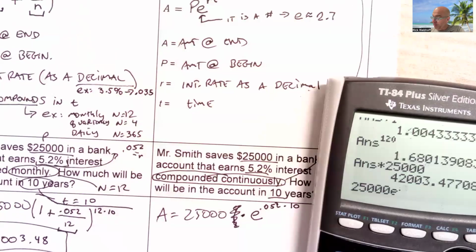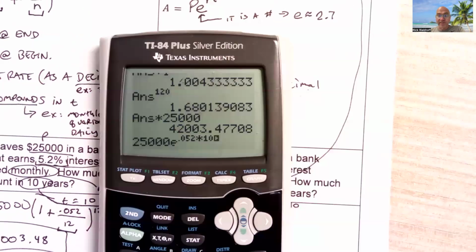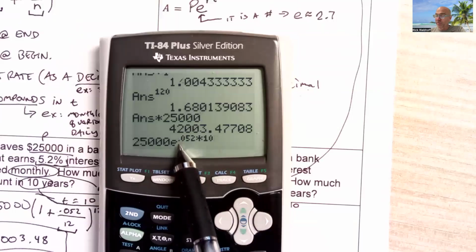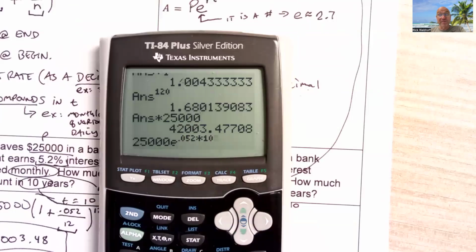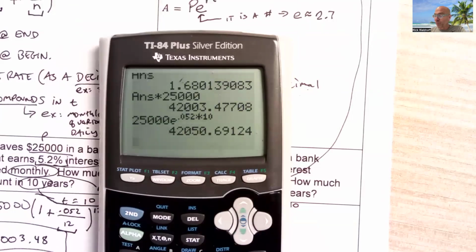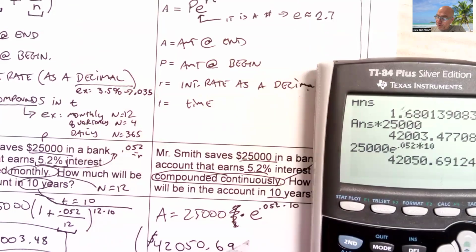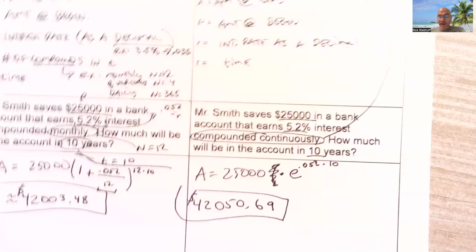It's going to be 0.052 times 10. Notice that's all up there. If this was an old calculator, I might put those in parentheses to make sure it stays up in there. So I press enter and 42050.69. And we can compare, right? Hey, look,